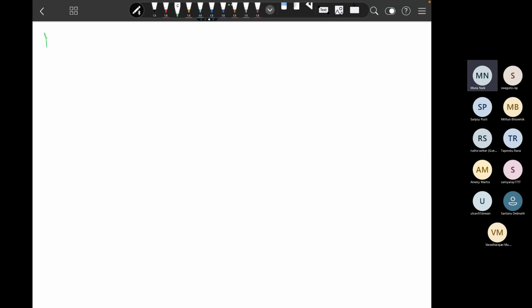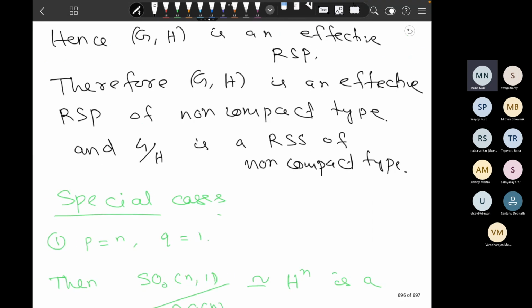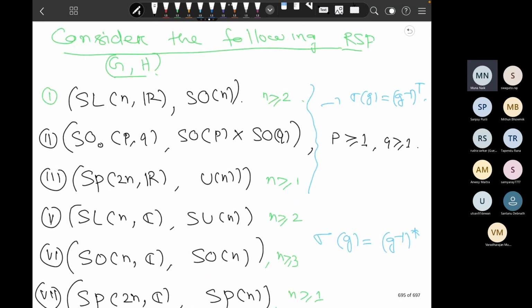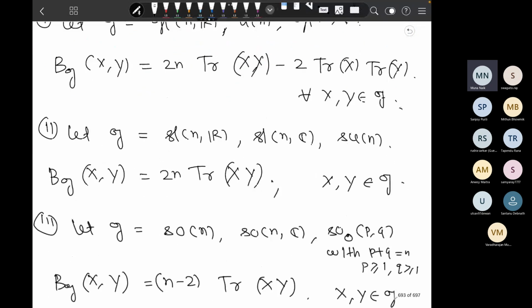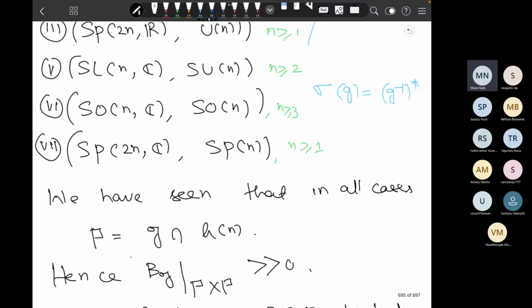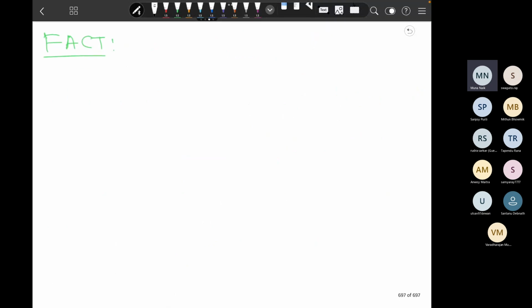So, fact. Actually we will probably prove this, if I have time; then I will prove everything about these things, the Killing form and everything. But one thing I probably will not have time for. So the fact is,